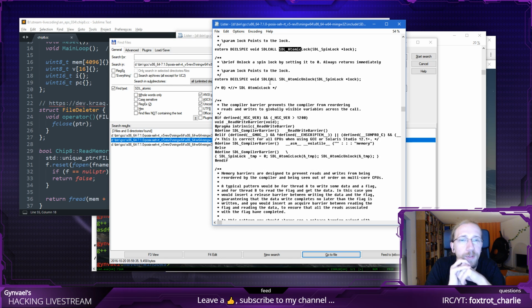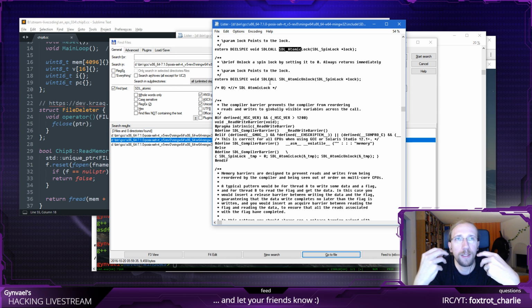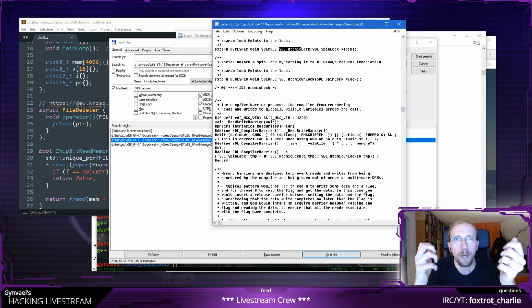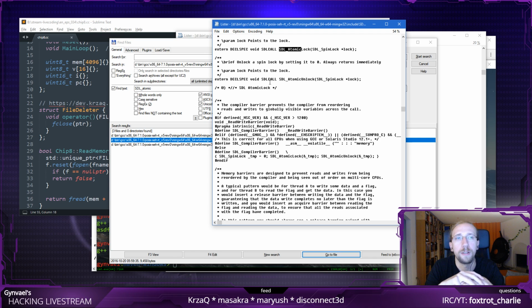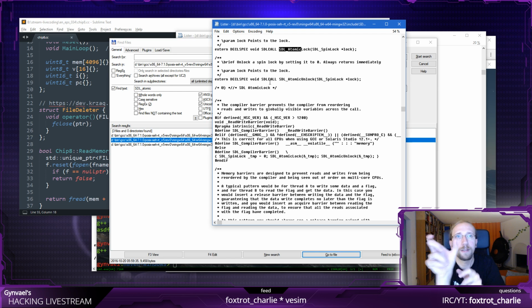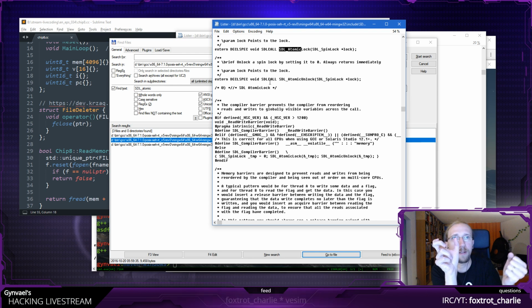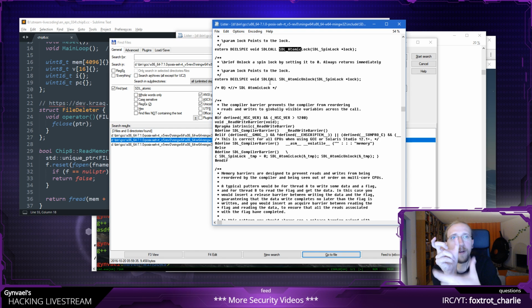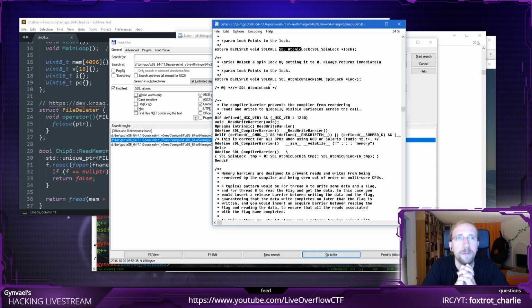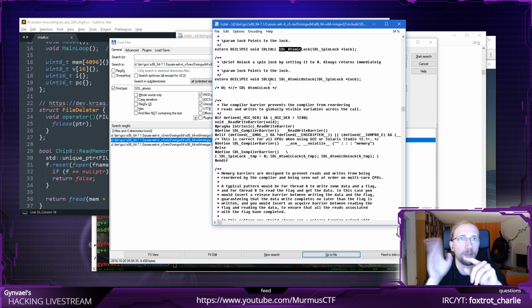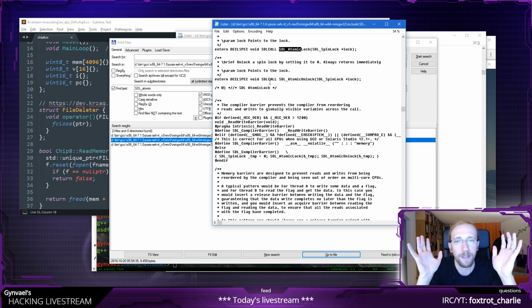No. So an atomic variable is a variable which is basically guaranteed that a thread writing to the variable will write the whole variable in one go, and other threads will wait until this thread is finished writing. A non-atomic variable, on the other hand, can be written just halfway, and then the other thread says, oh, I need to read it, and reads the variable which is only halfway overwritten. Now, on x86 we are guaranteed that, for example, integers, if aligned to the natural boundary of 4 bytes, are atomic by design.